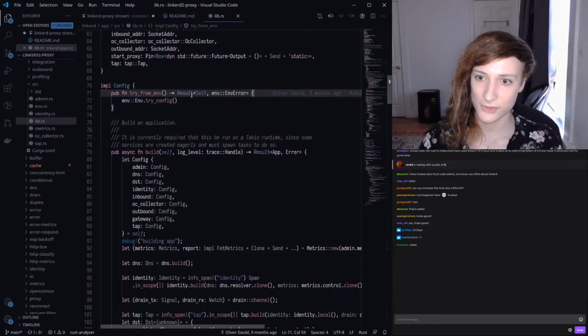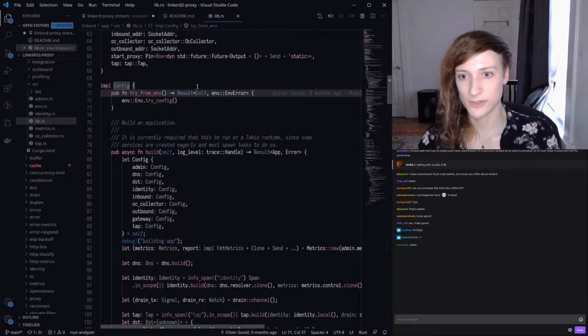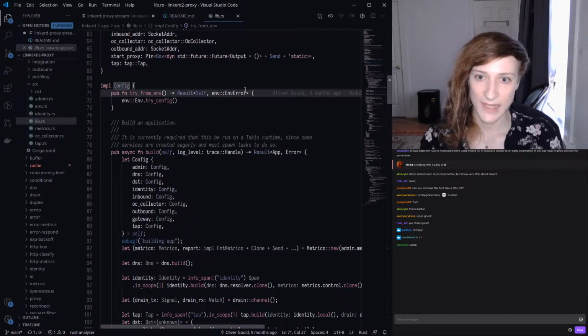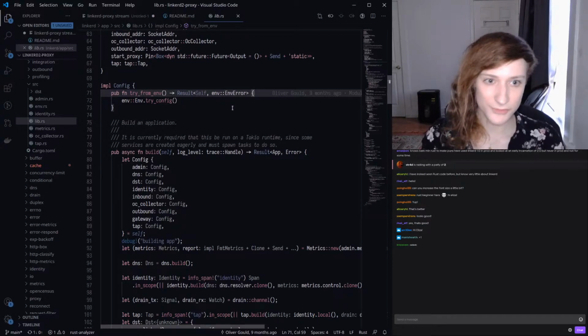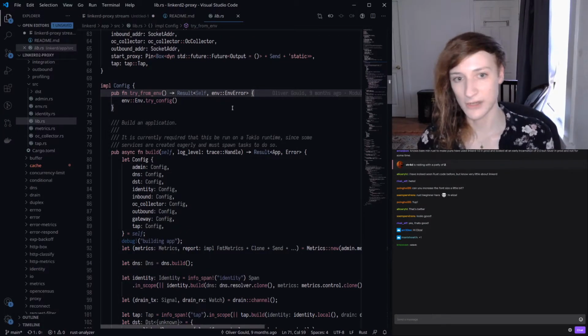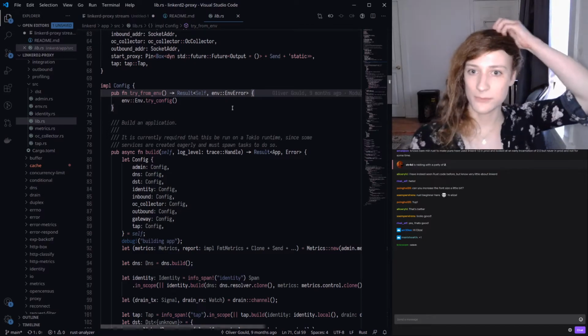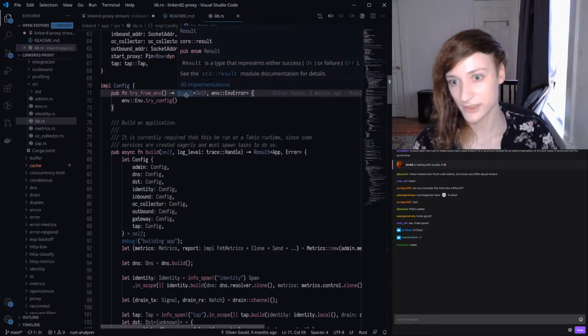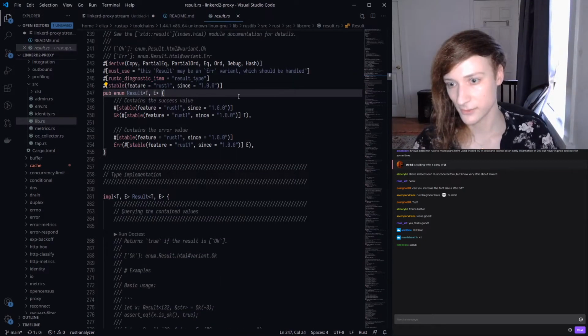And here the return type is a Result, which is a generic type, and it's parameterized over a Self and an Error. And Result is sort of the basic unit of Rust error handling. A Result is, let's click on it. We can just go take a look in the Rust standard library.